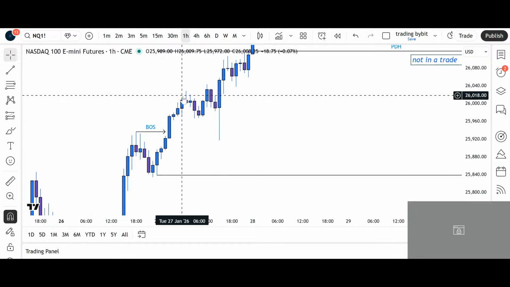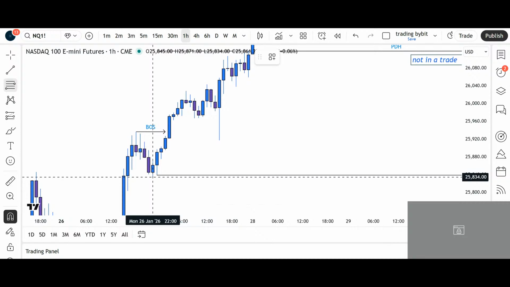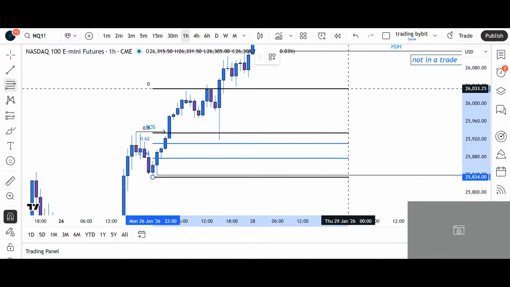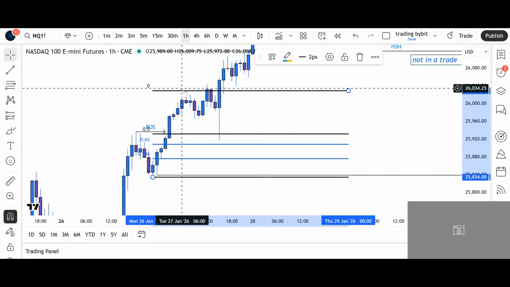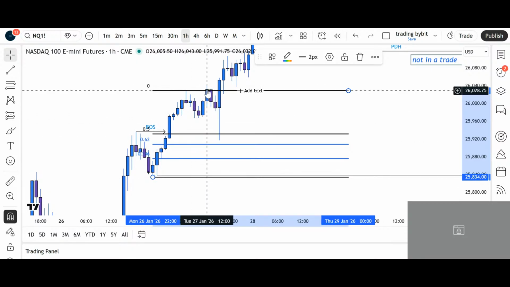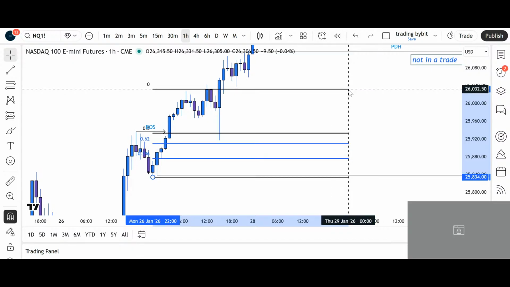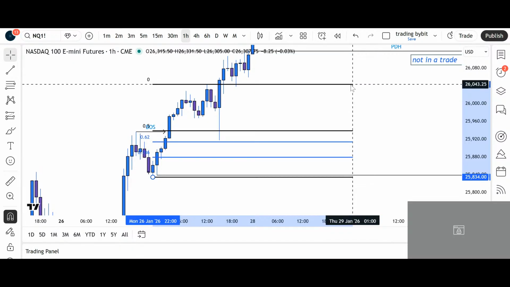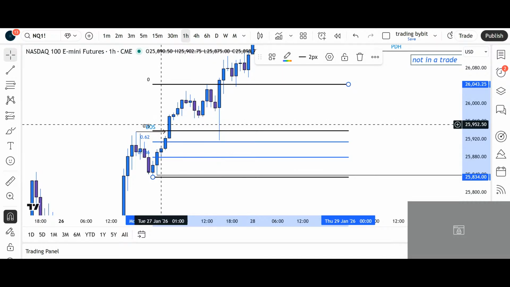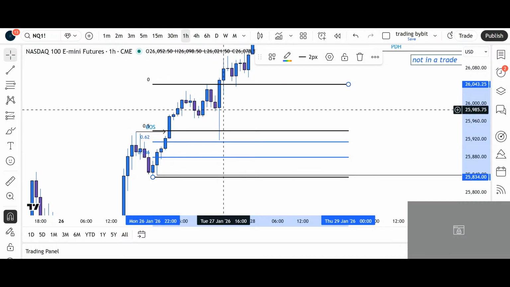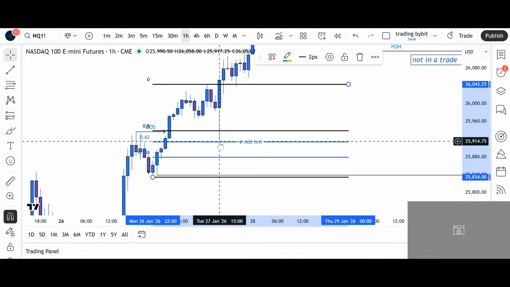That means once I drew my fib tool from this area, we actually were not correct yet because this one was higher. That means that we actually needed to put our fib tool higher. And if we can see, if I made this one clear, we actually almost came back to that 72 level, 62 level. So that was a very clean take of liquidity.